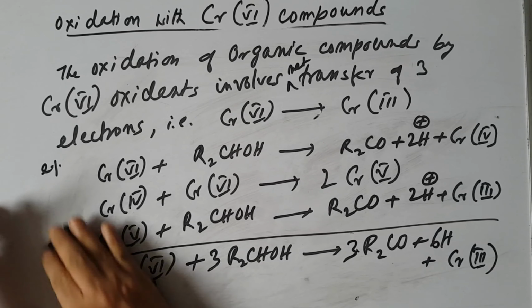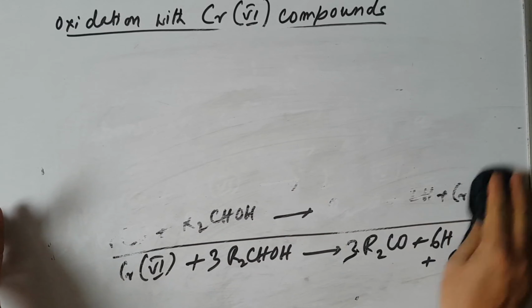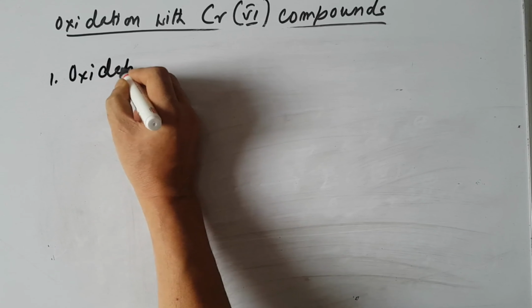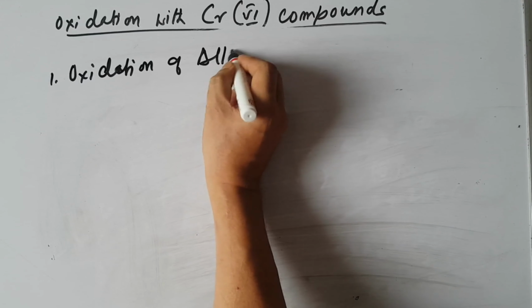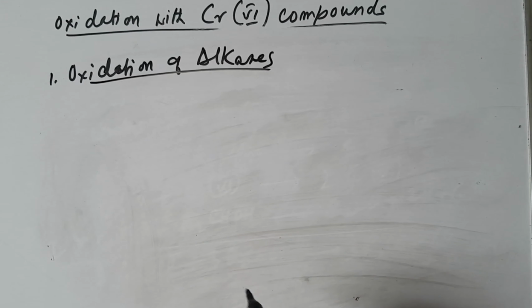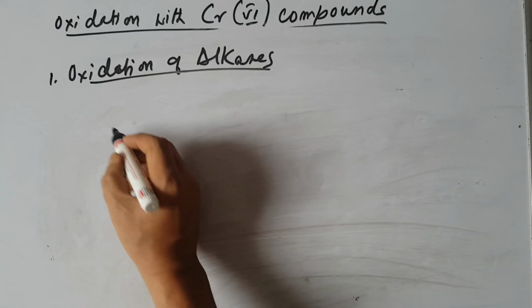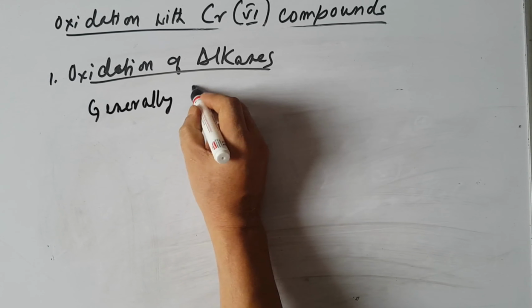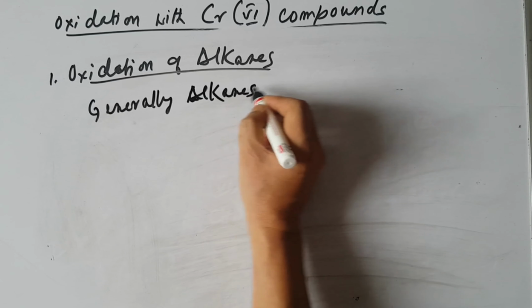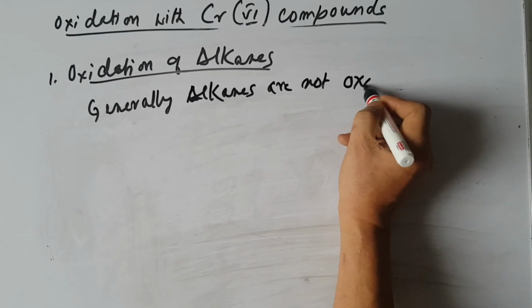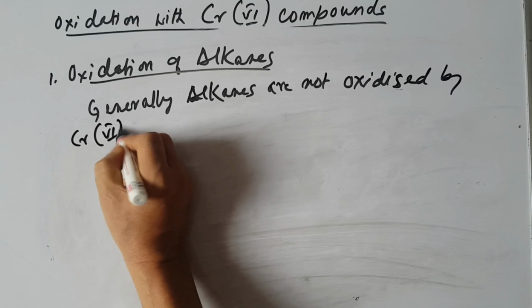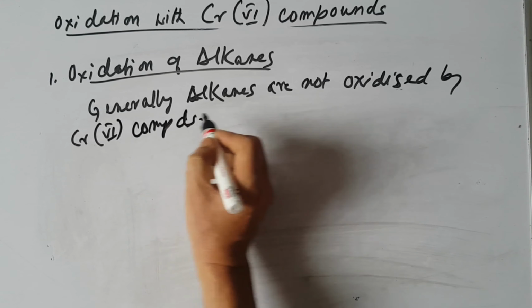The first one is oxidation of alkanes by chromium 6 compounds. Alkanes are generally not oxidized by chromium 6 compounds, or you can say chromium trioxide. But in drastic conditions,